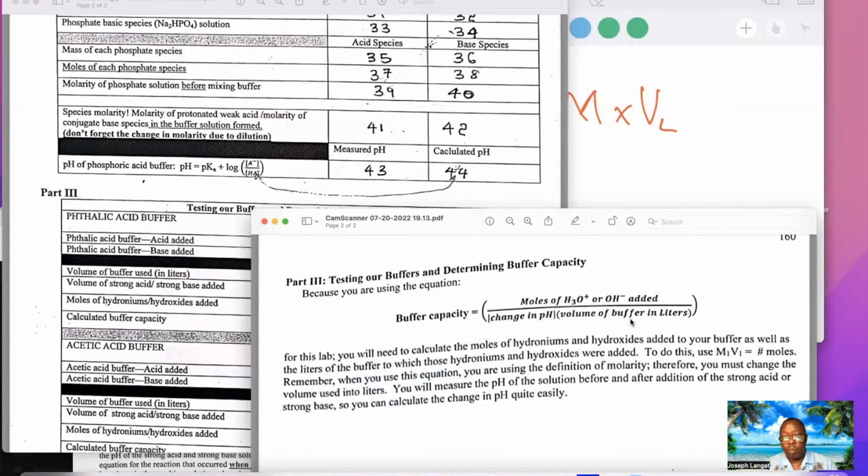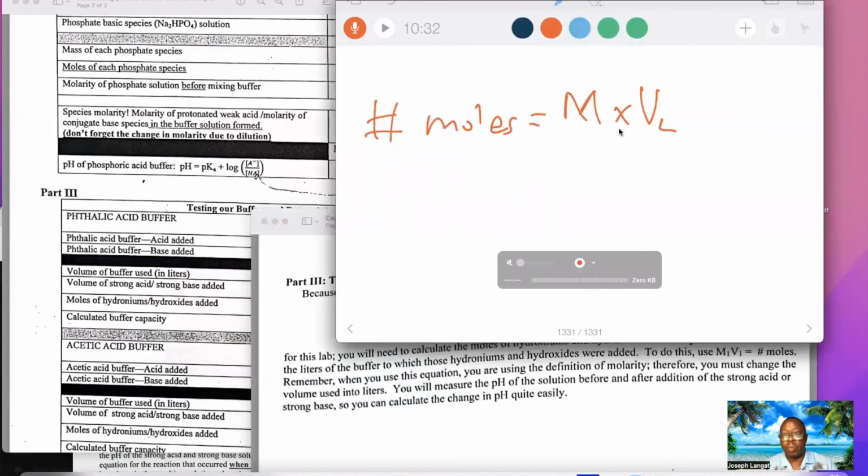And then volume of the buffer, all right? Volume of the buffer used, you need to look at the procedure, it states how many. And please use M1V1 to calculate the number of moles, which is given by the molarity that I gave you here. All right, molarity times volume in liters. The rest should be